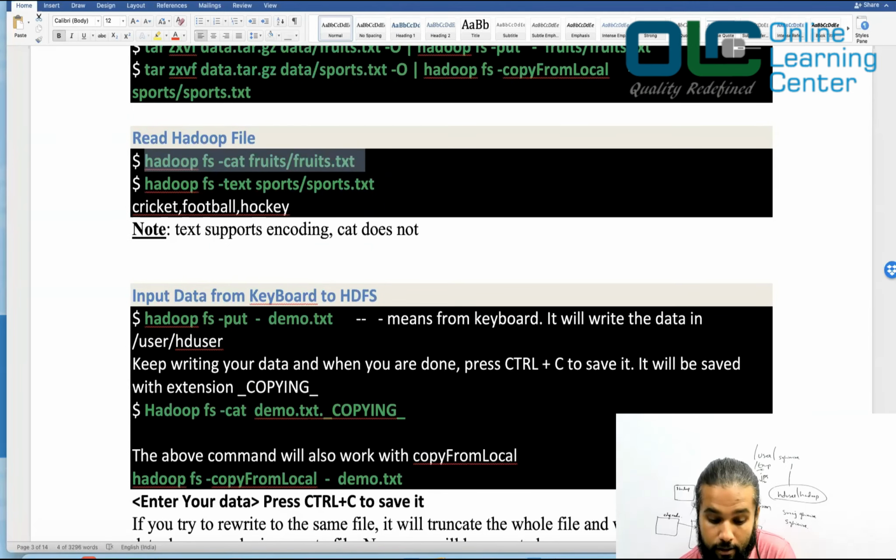Sometimes you may have to work with data with some such characters. For example, take SMS, right? Most of the time we receive SMS in English, but you might have also noticed that a few companies send you SMS in Hindi, and you may want to process that also. So if you want to see those messages, you should basically use text because it supports encoding.